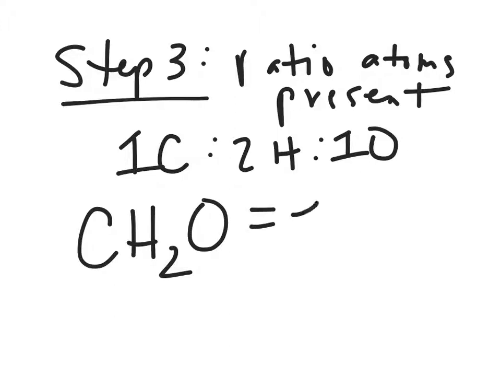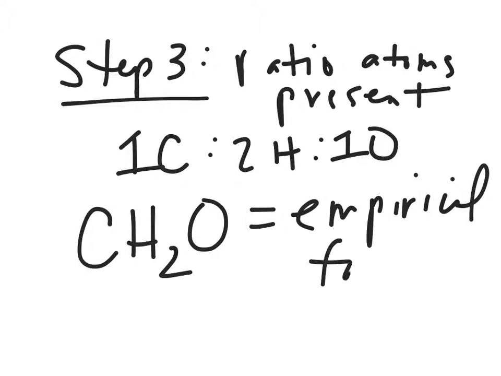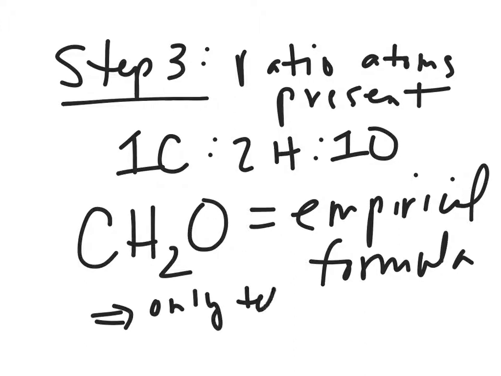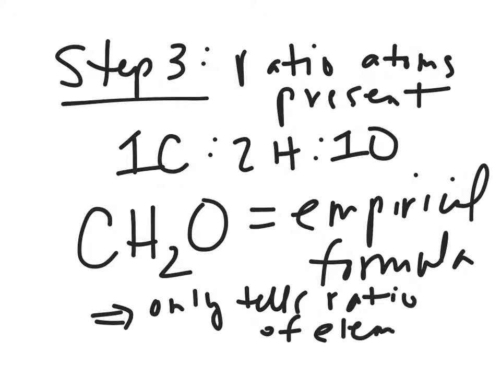Now this is the empirical formula. It's not the true formula of our molecule. It only tells us the ratio of the elements. It doesn't tell us how many exactly of each element we have. It just tells us the ratio. So for example,